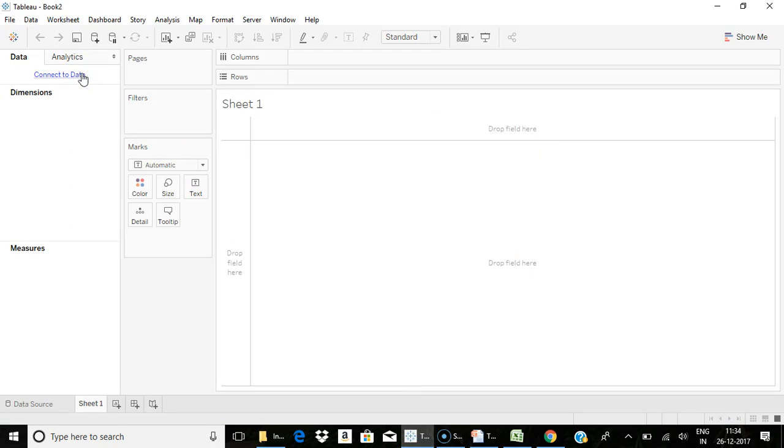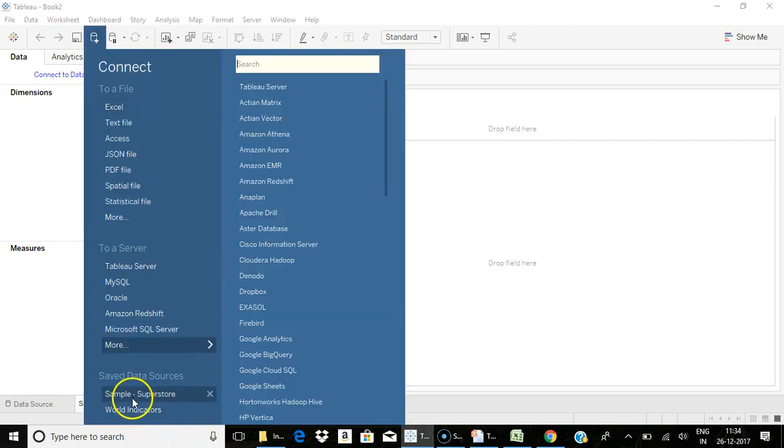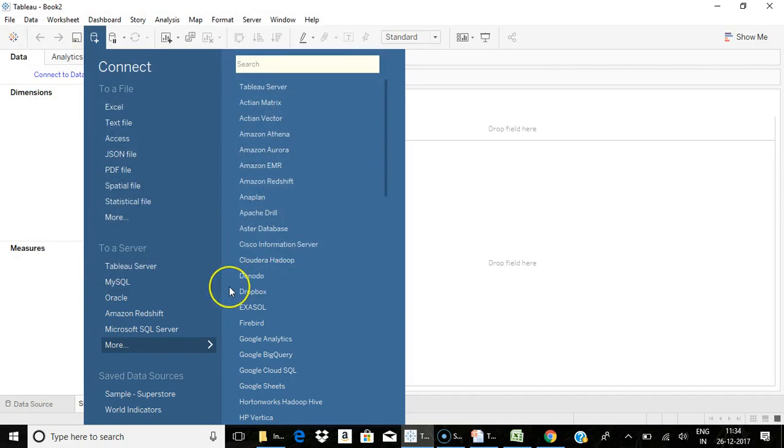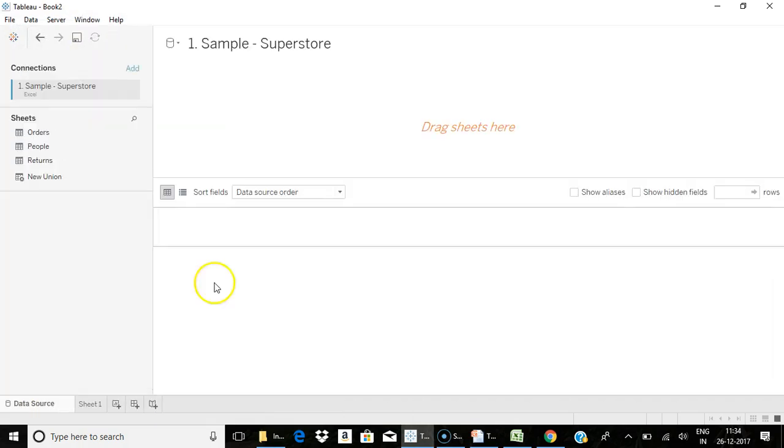First I'm going to connect with that dataset. In order to connect with your Sample Superstore dataset, if you are using a Tableau desktop version, you can directly double click on the saved data source section, or else you can download the data file from your uploaded files, click on Excel, and choose the corresponding path where you have saved the data file. You can click on the Sample Superstore file and give open. As soon as you connect to any data source, you would be seeing the corresponding sheets or tables belonging to that particular data source.